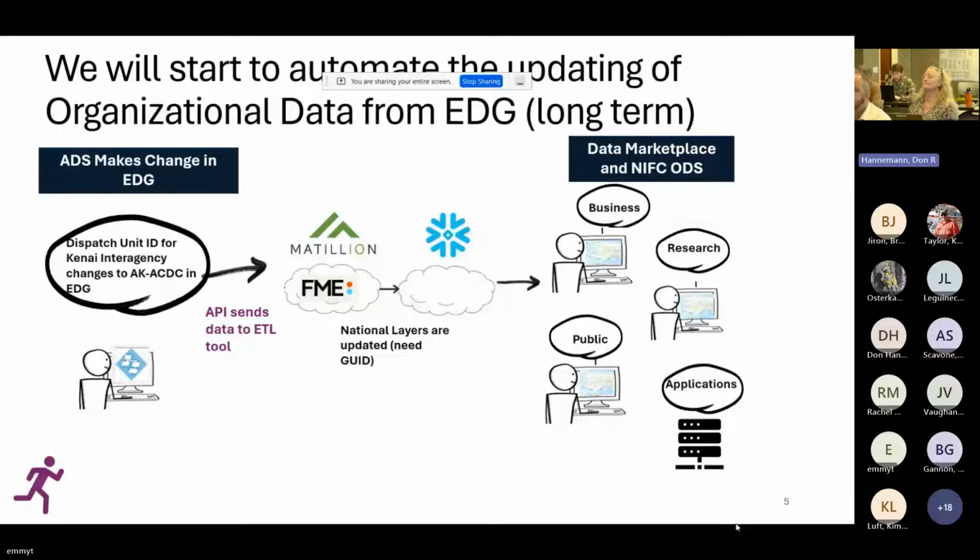Like, for example, here's a real historical one. There was a unit identifier for Western Great Basin, which no longer exists, but it hasn't been deleted. It just isn't being used anymore. It's from a historical perspective. So I think the big thing with this is that